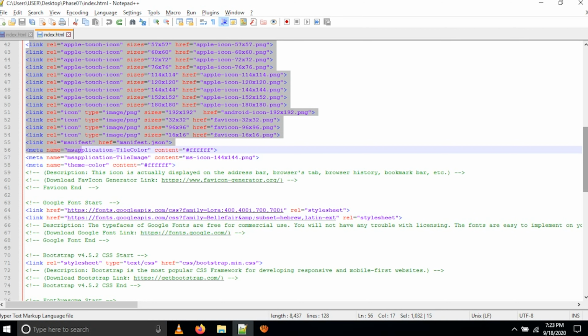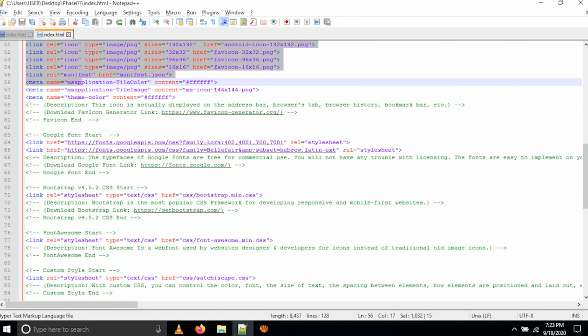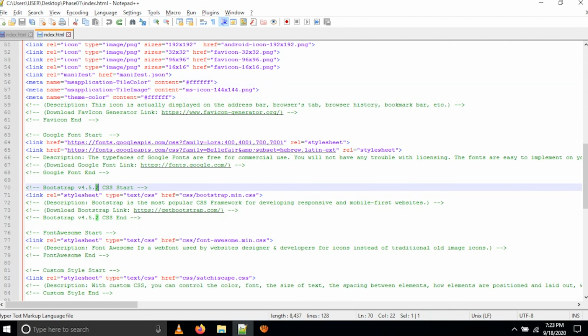Okay, after that you can see I have used the Bootstrap min files with 4.5.2 version. This is the latest version of Bootstrap. Here you can download the Bootstrap files. If you want to download any other versions, the description I have given. Bootstrap is the most popular CSS framework for developing responsive and mobile first websites. In the next video I will show you how we are writing the Bootstrap files. Okay, for Bootstrap how we are writing and for what purpose. Bootstrap is very easy. These days people are very trendy and people are using Bootstrap very much.